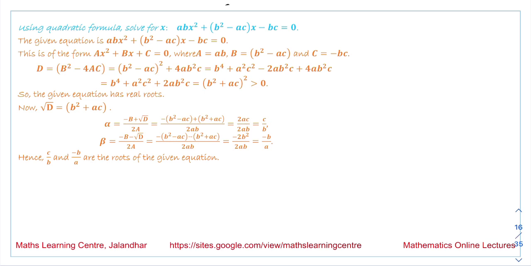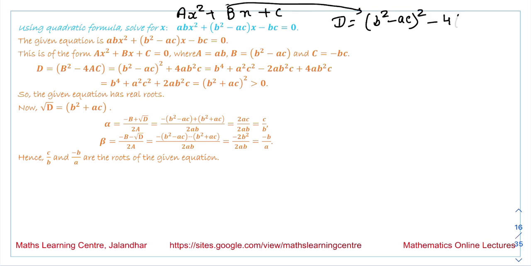Now comparing it with the standard form, ax square plus bx plus c, we get the values of a, b, c, and the value of discriminant we get is b square, this is the value of b we have, minus 4ac. So on opening this whole square, applying the formula over here, we get b square whole square plus ac whole square